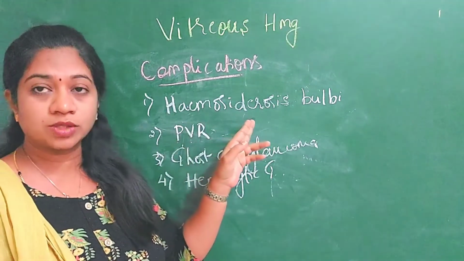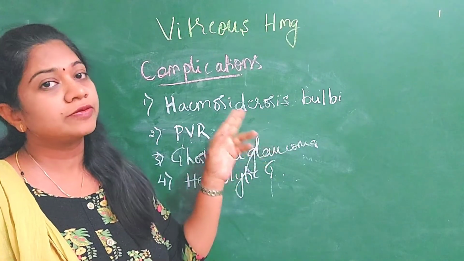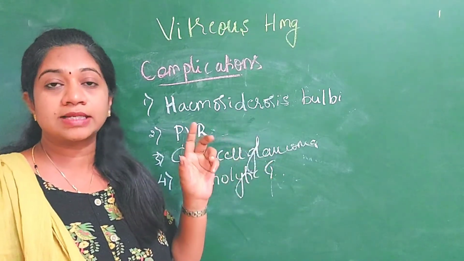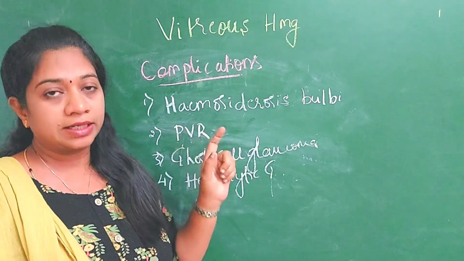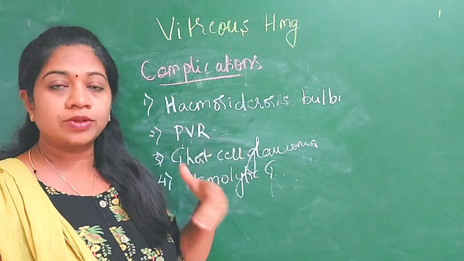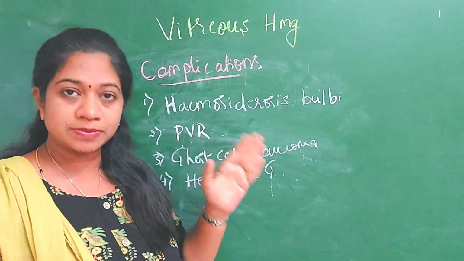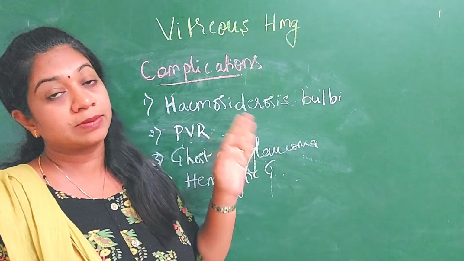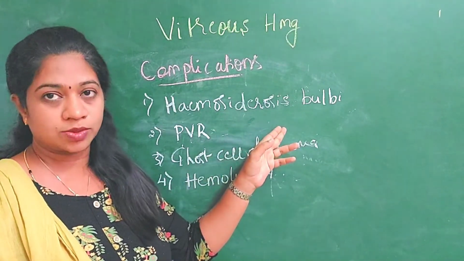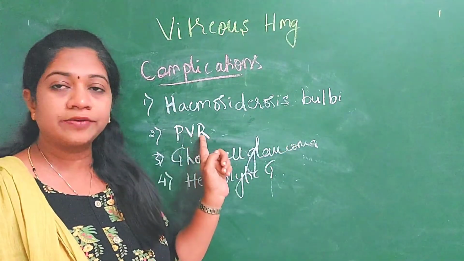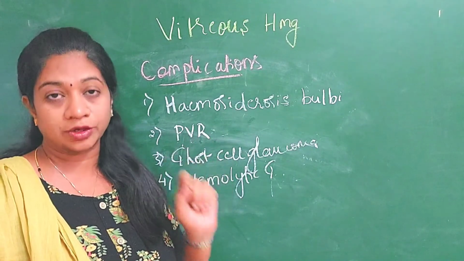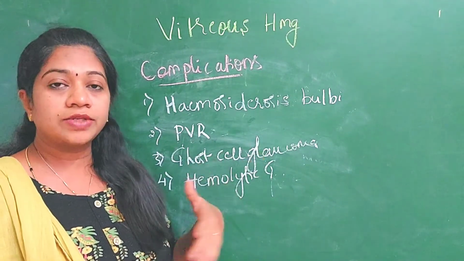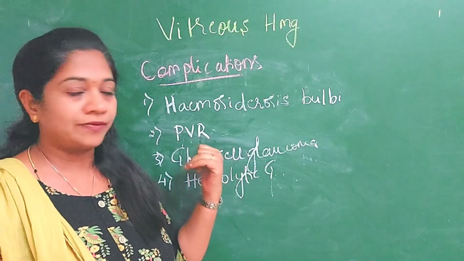So this is the iron toxicity of the eyeball because of the lysed RBCs. Usually after the lysis of the RBCs, the iron component is taken up quickly before further lysis occurs. But if there is a mismatch between the clearing of the blood as well as the bleeding, then there can be hemosiderosis bulbi. The second is proliferative vitreoretinopathy because of release of macrophages and the chemotactic agents which will stimulate the fibrosis and lead to PVR changes.